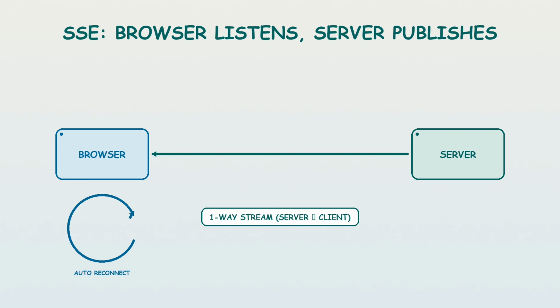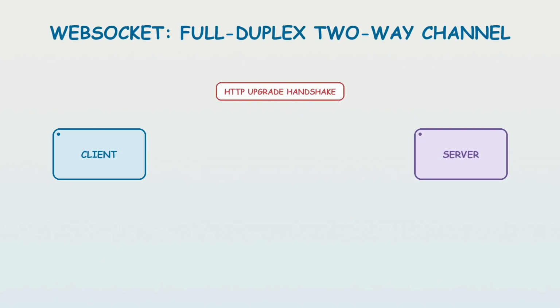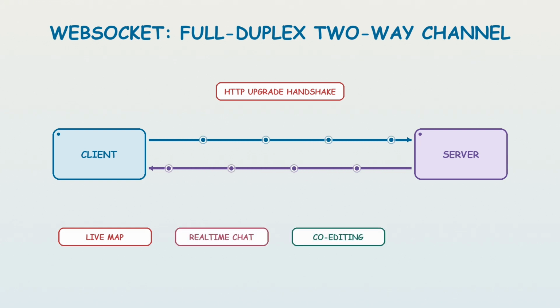If both sides need to send frequent messages over the same live connection, WebSockets are designed for that. A WebSocket begins with an HTTP handshake and then upgrades to a persistent bidirectional connection. After the connection opens, either side can send a message at any time. The client does not need to create a new HTTP request for every update. In the delivery app, a WebSocket could carry courier locations, customer messages, and driver replies over one open channel. The same pattern is useful for chat, collaborative editing, multiplayer games, auctions, and other experiences where events move quickly in